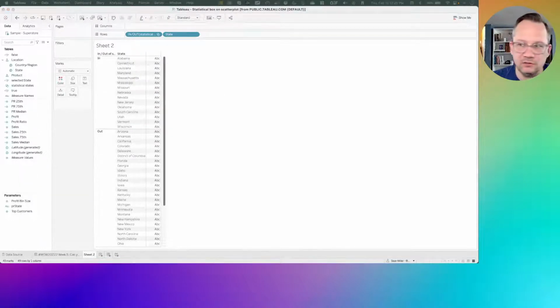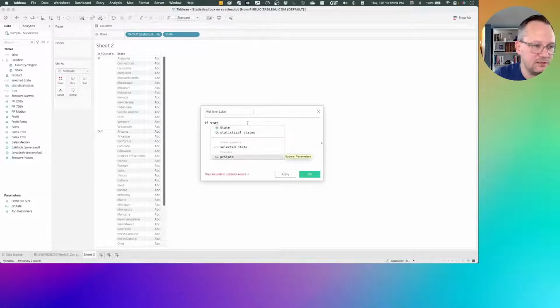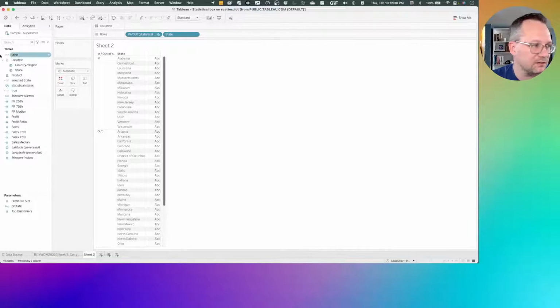So now what I can do, we can build this hand in hand. We can build this piece by piece, right? So we'll call this mid-level. We'll call this mid-level label. If my selected state is true, then return this. So what I can do now, actually, before I even create this, if I bring my selected state out on the top level here